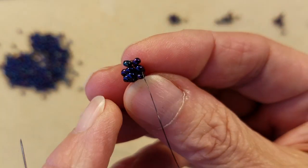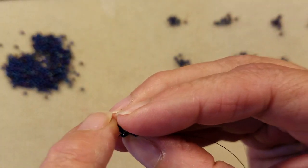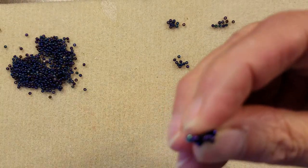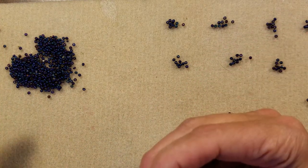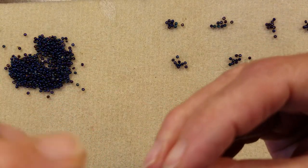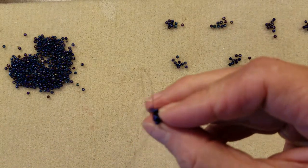We have our first little herringbone stitch. We roll our little tube around, pass up through the top bead on the 3rd row to get into position. Pull your thread through. Now we're going to pick the remainder of our beads up from our big pile over here. So we're going to pick up our 2, come down that top bead on the 4th row,